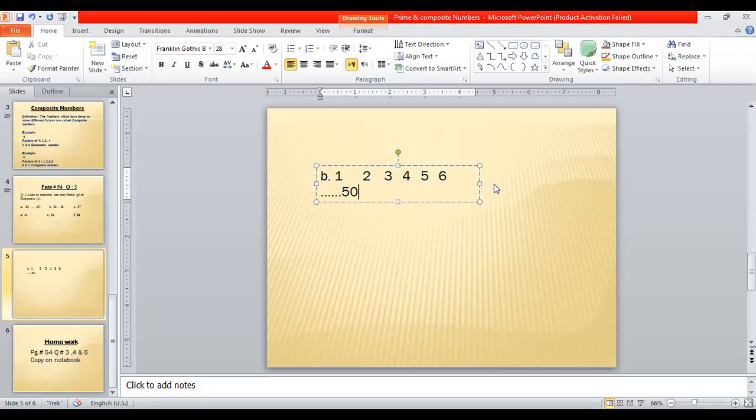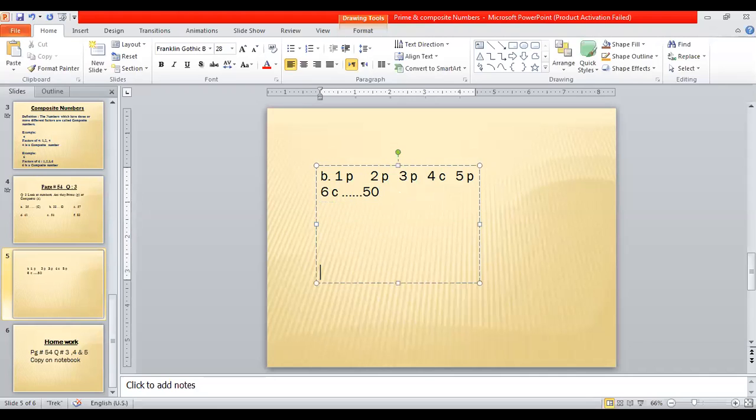So you will say 1 is a prime number, write P. 2 is a prime number, P. 3 is a prime number, P. On the rough side. Then 4 is a composite number. Then 5 is a prime number. 6 is a composite number. After doing this, the same thing till 50, you will count, and at the end you will tell us